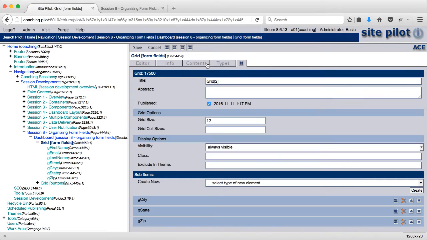So now this grid is going to be my city, state, and zip. This is just documentation here, and I'm going to have 24%, so I want my labels on top. And now I'm going to say my city is going to take up 12, and I'm going to say my state is going to take up 4, and my zip is going to take up 8, right? So the state's a very small field because there's a drop down, and the zip code will be a little bit bigger. So let's just see what I get there. So I'm going to save that